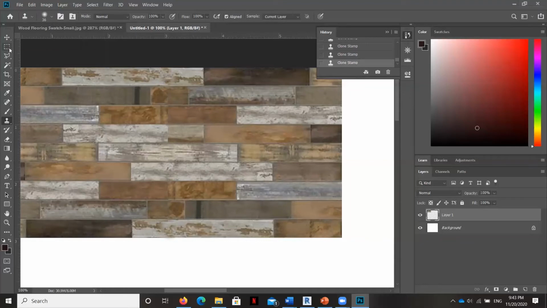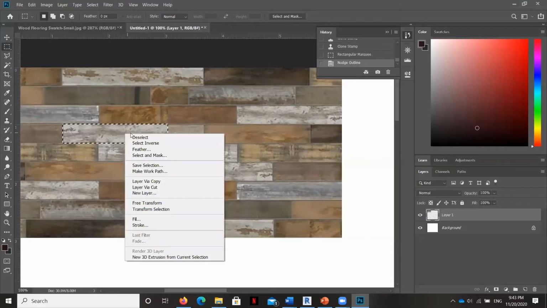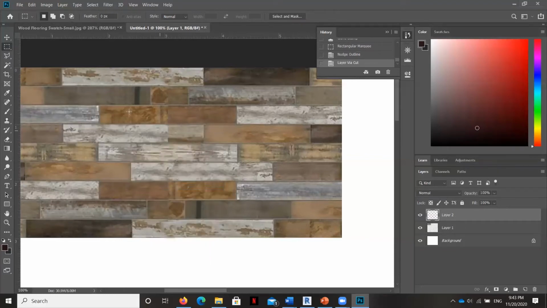Okay, I'm going to teach you a different command now. Instead of the layer via copy, I'm going to do a layer via cut. And I'm going to grab this one here, and I'm trying not to get too much of that piece above it. I'm using my arrows to move that marquee. Right click, layer via cut, and now I'm going to grab it, hit the transform button, and stretch it.